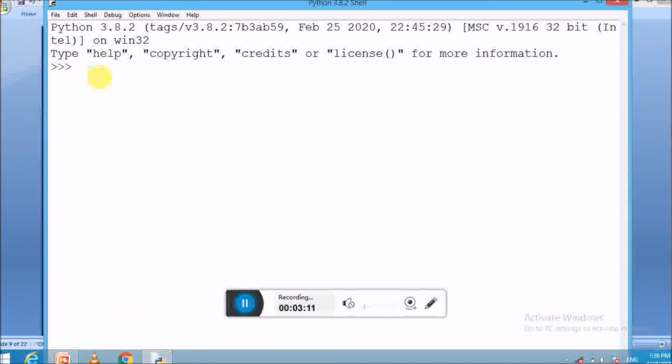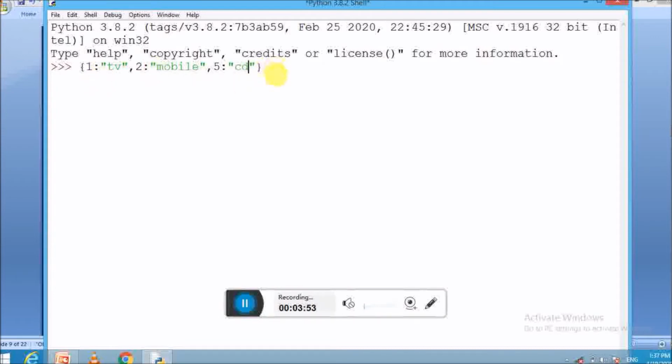So here, for the first example code, create the dictionary. For this, type two curly brackets and inside these curly braces, type the key value pairs: 1 colon and value TV, comma, second key 2 colon and value mobile, comma, third key which is 5 colon CD, which is the value.